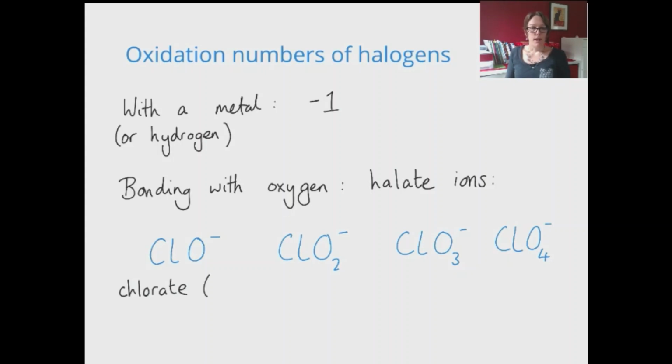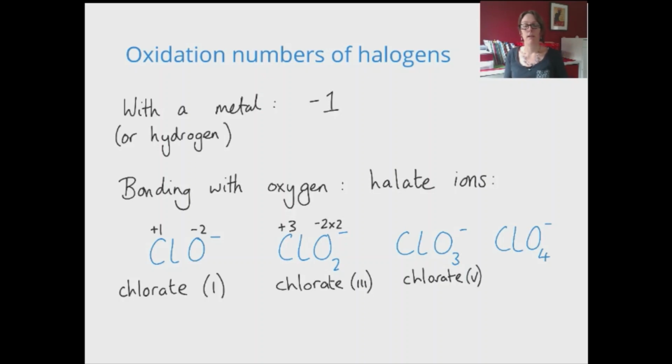So how do we name these ions? This first one would be chlorate(I), and that's because if the oxygen is -2, which we know that it has to be, then chlorine would be +1. The oxygen is -2 because it's more electronegative than chlorine, so it follows the normal rules, and it's going to be making 2 bonds with the chlorine. So this would be chlorate(III). The next one, starting to see a trend now, would be chlorate(V), and the final one would be chlorate(VII). So each time you're adding an